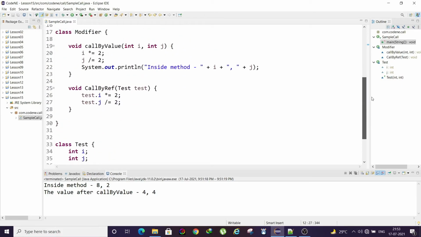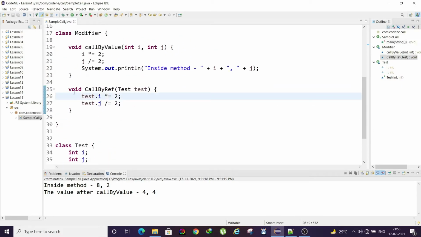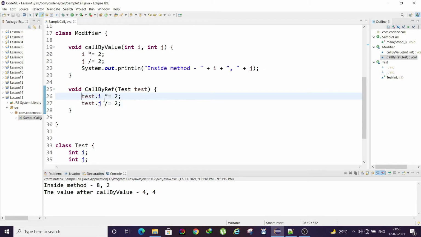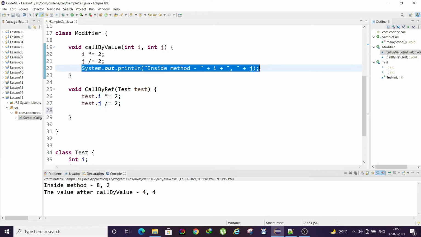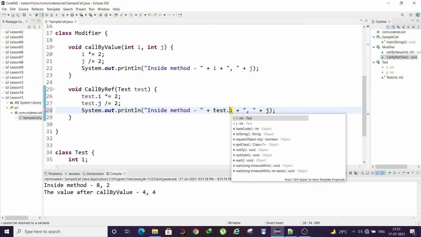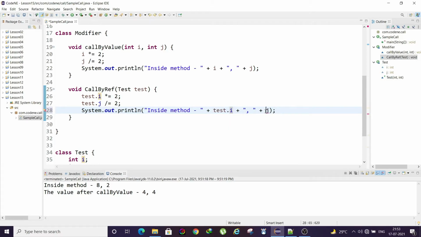What's happening here is that inside this call by reference method we are going to change i by multiplying by 2 and j by dividing by 2. This is the same case. I will copy this as well. Here I need to write test because there is no local i and j.